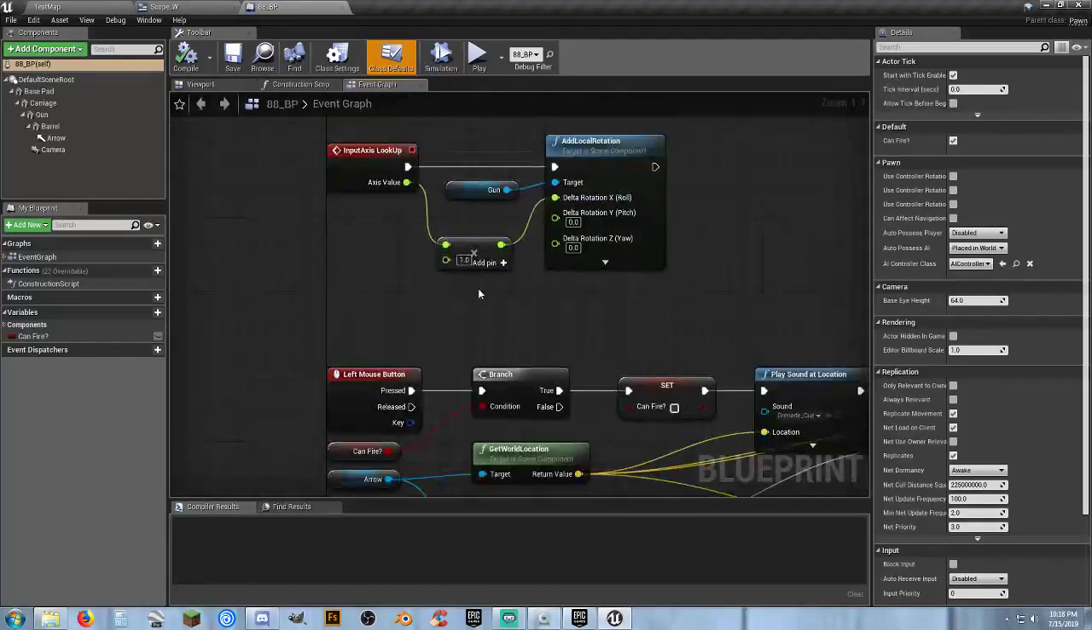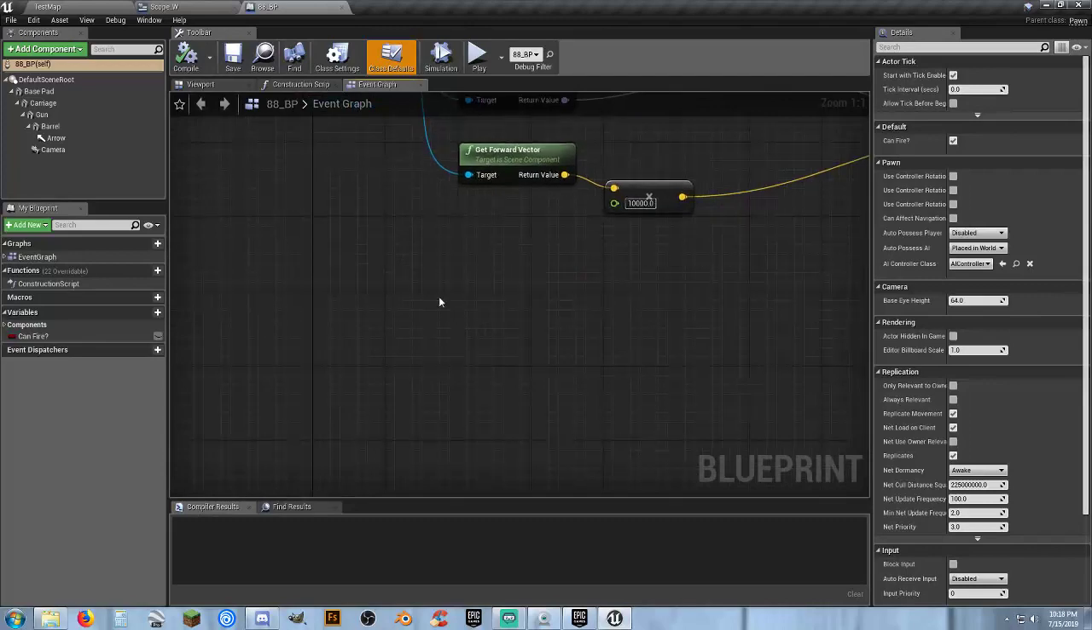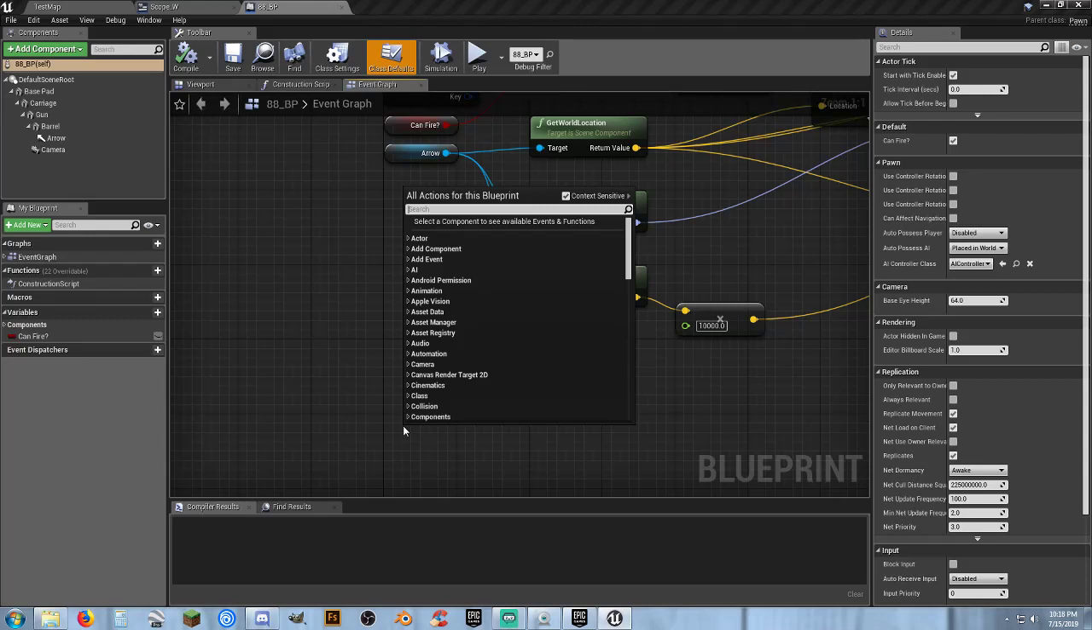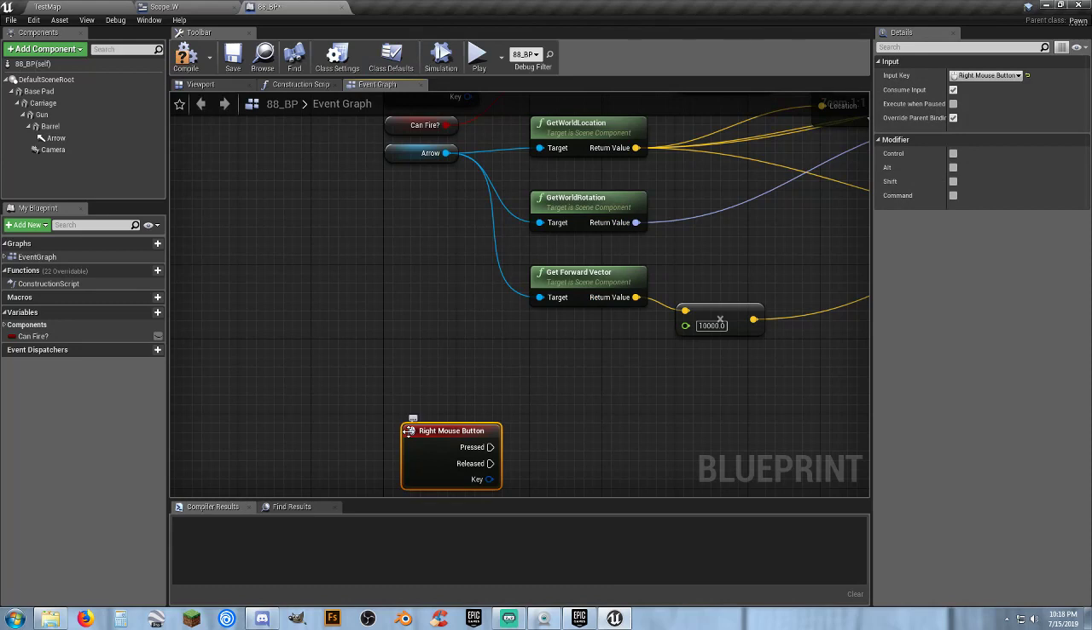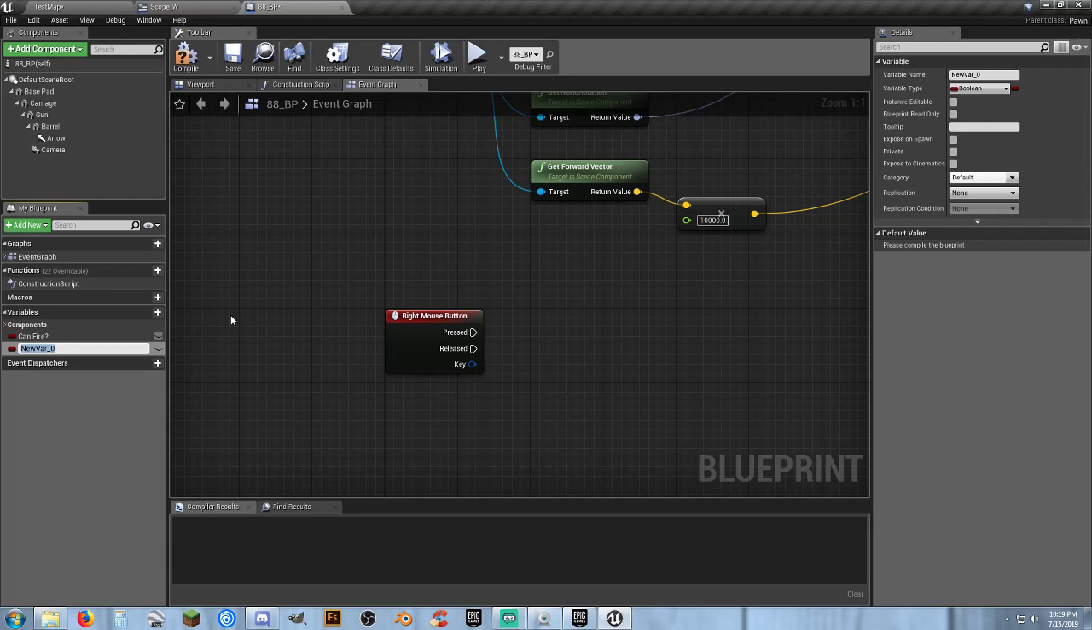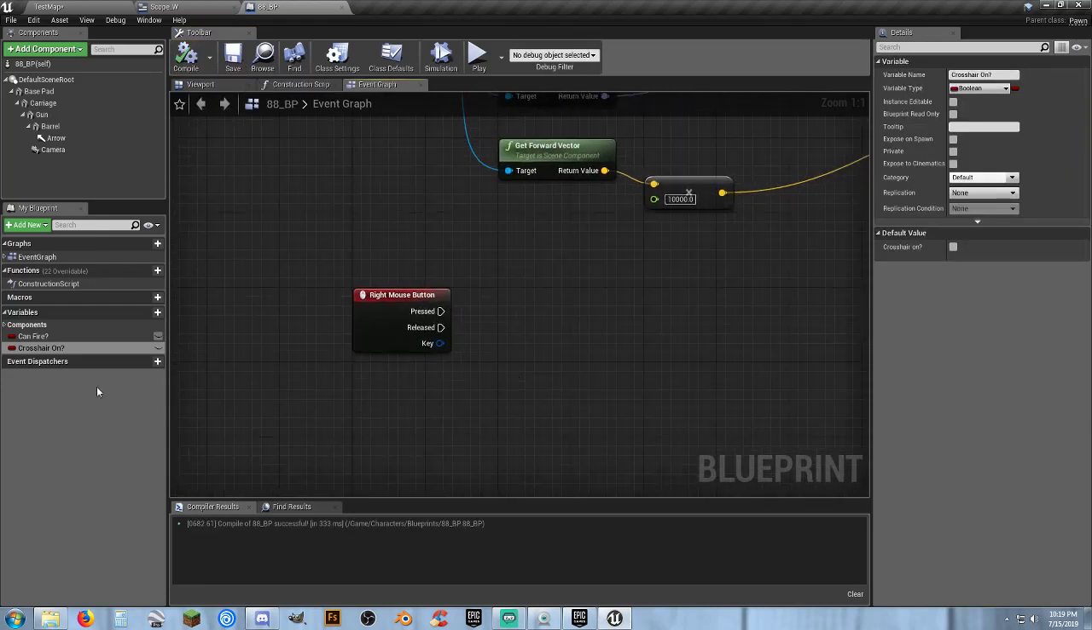So I have my controls, my left mouse button. And now we're going to come down here and add in right mouse button. I'm also going to add a crosshair on variable, and we'll go from that. Alright, so we may or may not use that, I'm not sure yet, but when we press the button, we want to